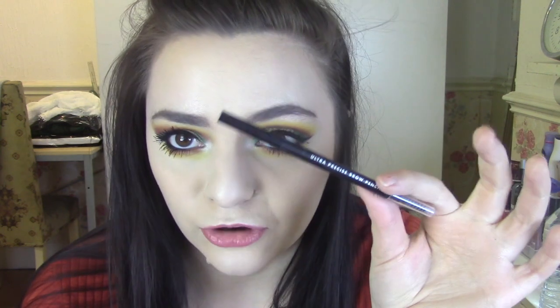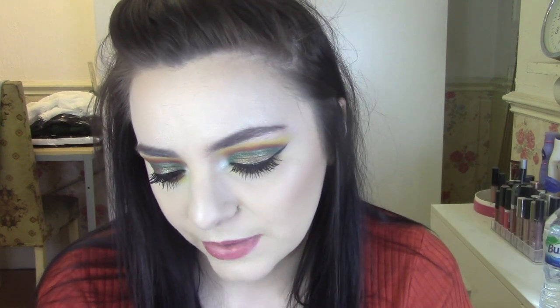So for me, this is a really good brow gel. I really like this, really impressed with it. Probably a new favourite, especially from the drugstore. And the micro brow pencil, micro brow pencils, there's never that much to say about them. But this one is a good colour, it's super smooth, not too harsh, so it's a really good brow pencil,